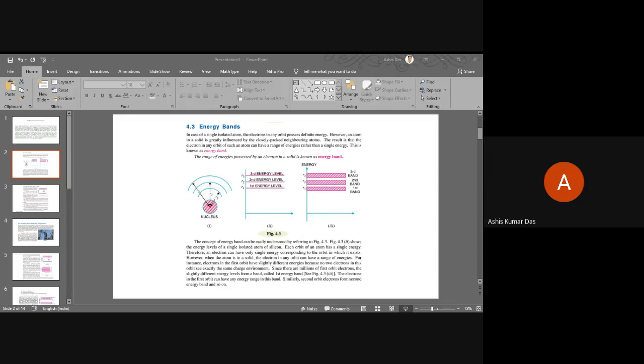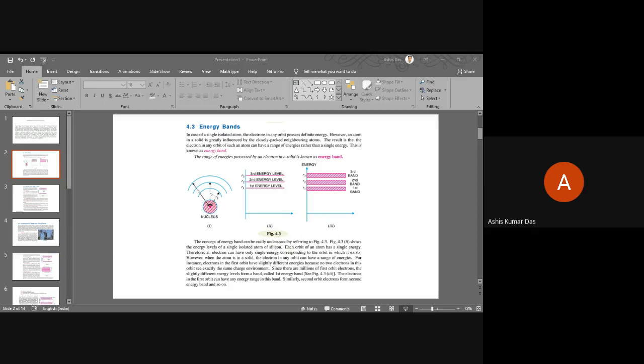In energy band, we are getting the different energy levels of any atom. Here you can see the nucleus, and here we are getting the different energy levels, and that has been plotted